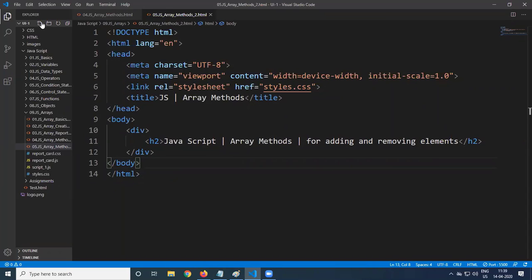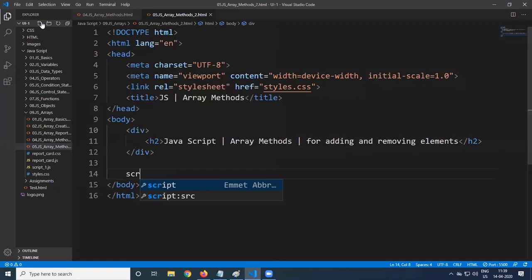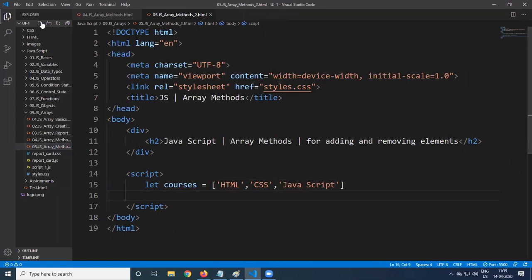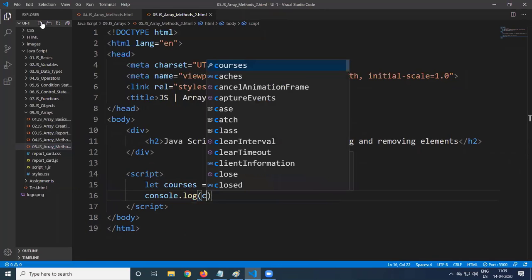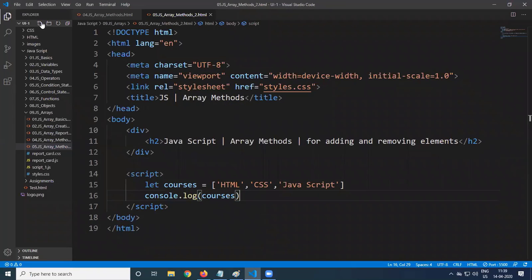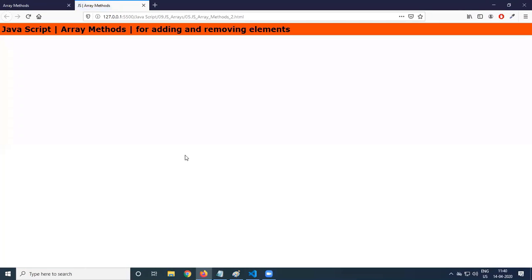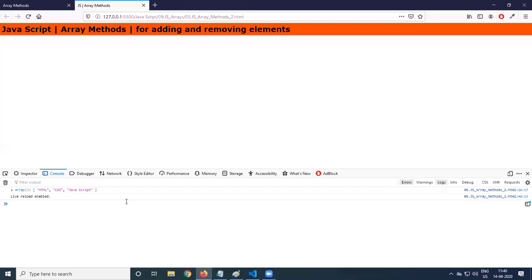If you want to get an element from a particular location, we can use the specific index. So we will use internal script only. Let us have an array. Let codes, the same array we will use. Let codes is equal to, we'll provide HTML, we use CSS, we use JavaScript. So this is what the actual array. So console.log codes. Console.log codes, we will get the elements of the array. So open with the live server, console. So this is what the elements that we have.